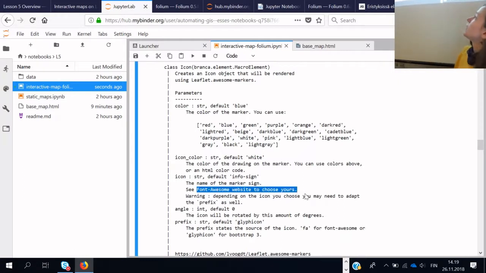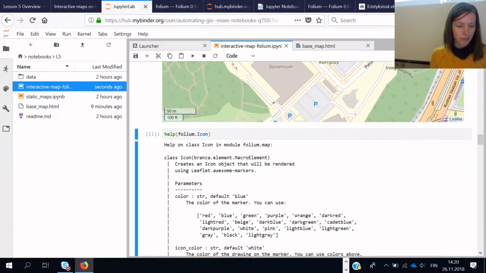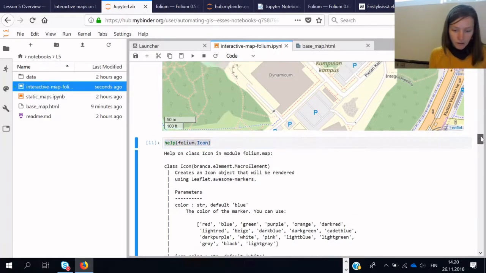So if you want to explore, you can see these tips to make another kind of marker, for example. So help and then the constructor name. Okay,